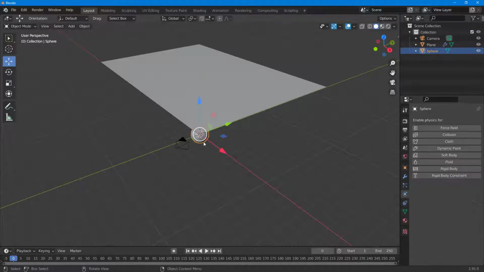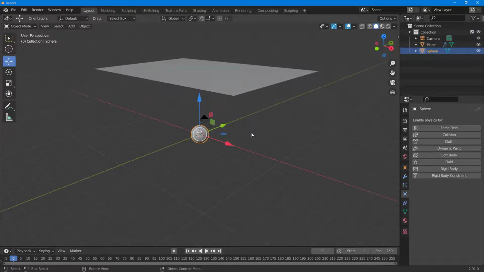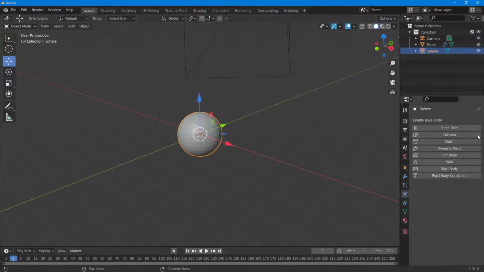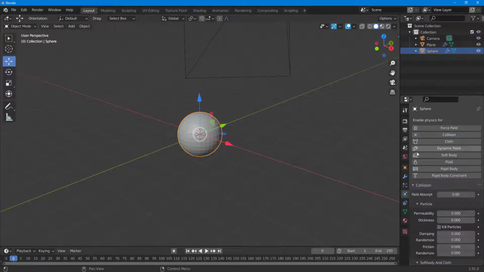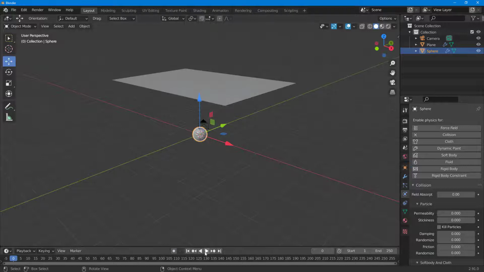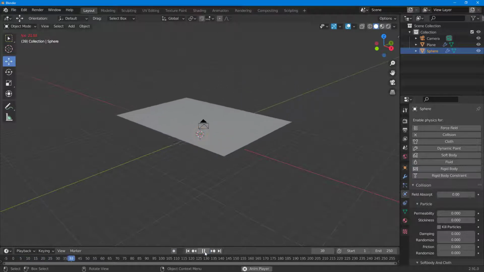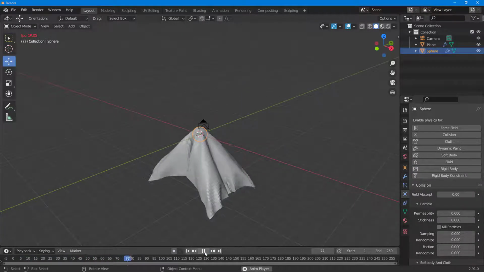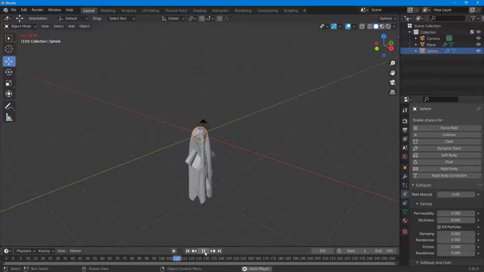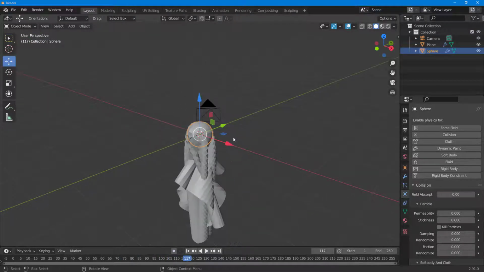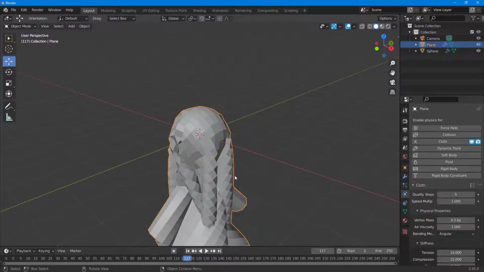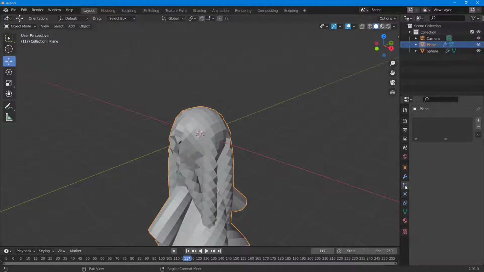I'm going to select this and turn this into a collision object. So I'm just going to select this and select collision, just like this. And now let's see what happens. If I play the cloth right here, you can see that it collides with the object now. And it collides with this little thing right here. You can see that there are some polygons right here,